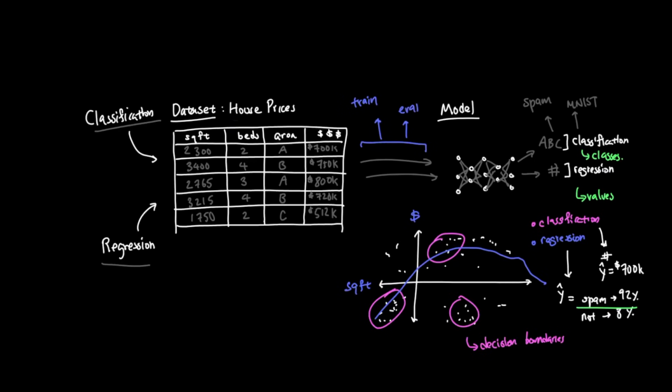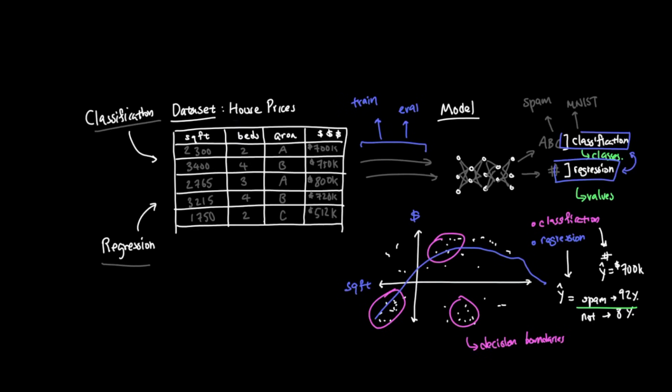This also affects how we train and evaluate the model. For regression, we usually care about how far the predicted number is from the real number. For classification, we care whether the model gave enough probability to the correct class. We'll see this again when we talk about neural networks and evaluation metrics. To summarize, regression is about predicting numbers and classification is about predicting categories. But whether we are predicting price, digits, or whether an email is spam, the model still has to learn a relationship between inputs and outputs.